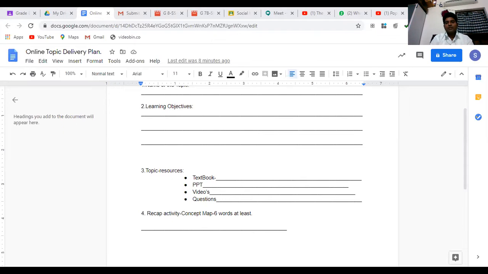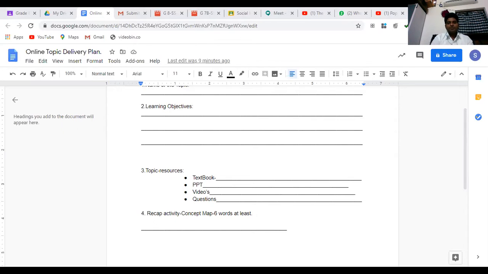See, the first one I keep ready is the online topic delivery material. Okay, let me keep all the resources ready, books ready, then the PPT and the related questions.